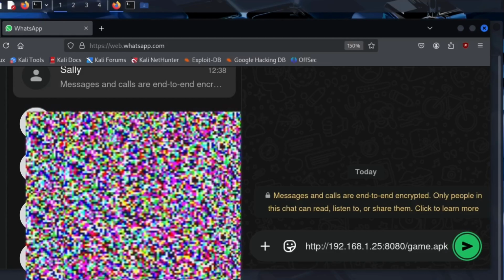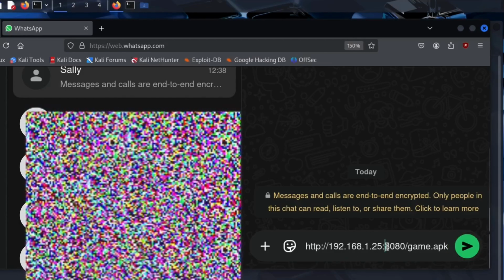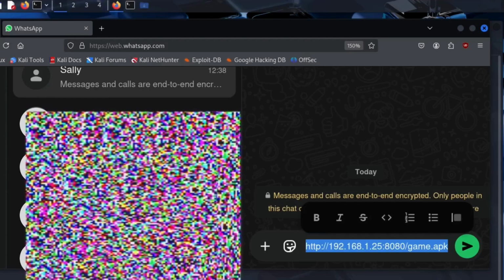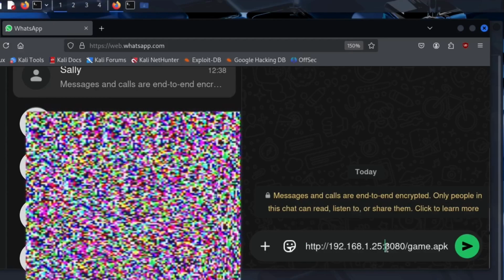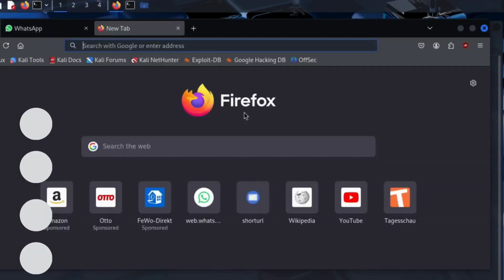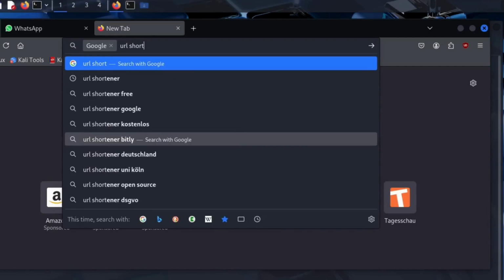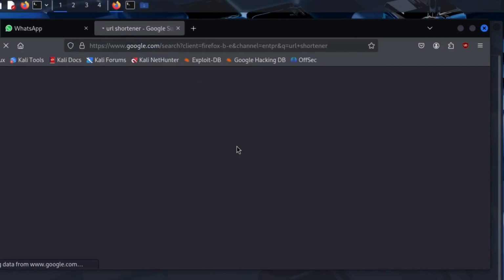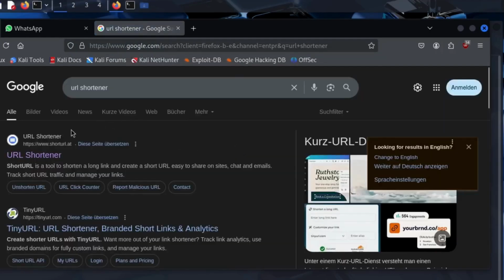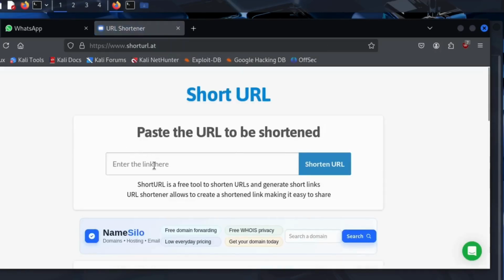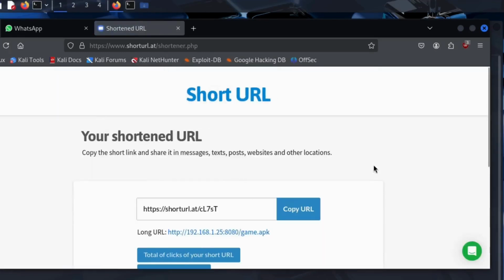who has the link. This link is long, technical, and looks suspicious. Anyone with a basic sense of caution might hesitate before clicking. So instead, Kim uses a URL shortener, a common trick in phishing and social engineering attacks. With a quick Google search, he finds a free URL shortening service. He pastes the original link, clicks Shorten URL, and instantly gets a short, clean version, one that looks far more